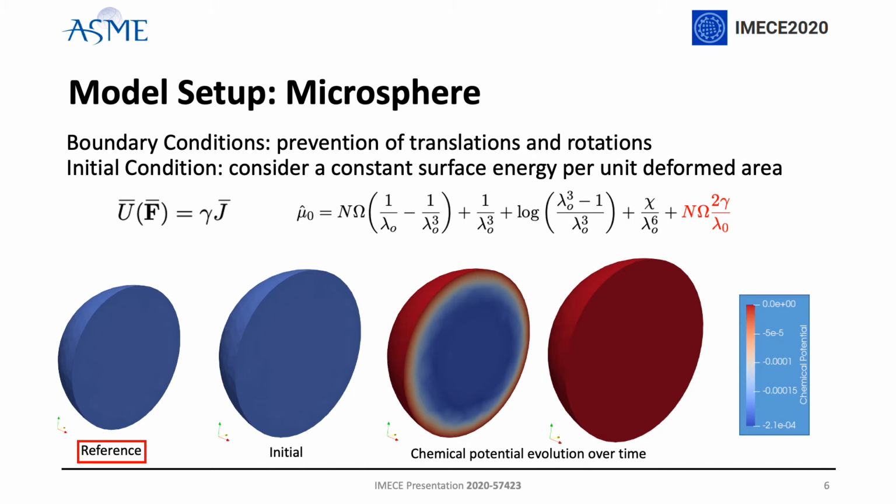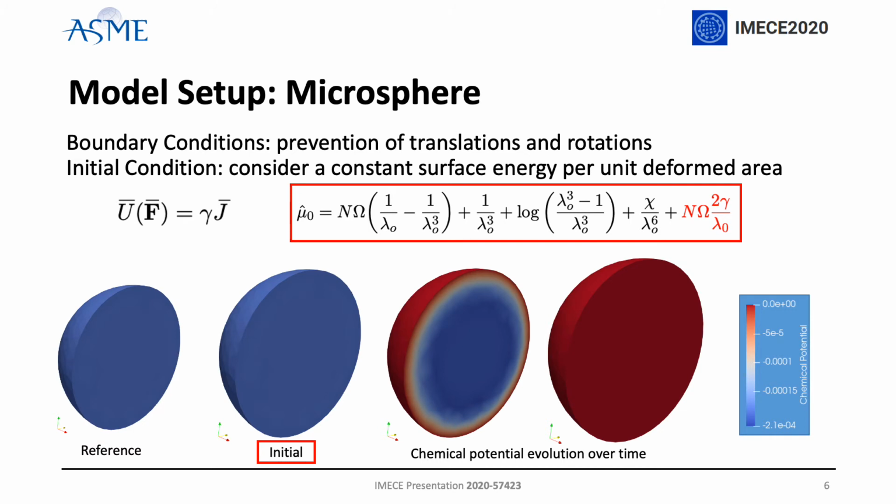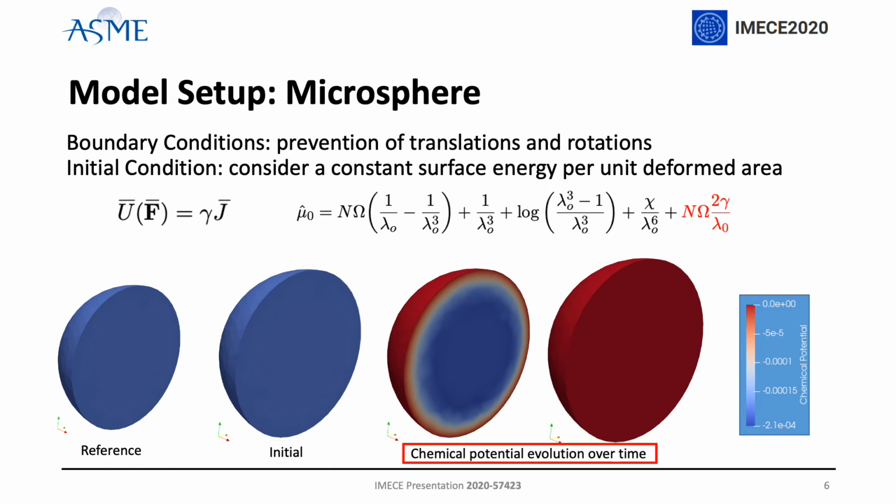The model is a unit sphere in its reference state. At its initial configuration, the sphere is at a homogeneously swollen state with initial stretch, lambda naught, and initial chemical potential, denoted by this expression. An example of how this state can be achieved physically is by placing the microsphere in a humid environment for some time. Following this initial state, the sphere is immersed in solvent of a different chemical potential to its initial